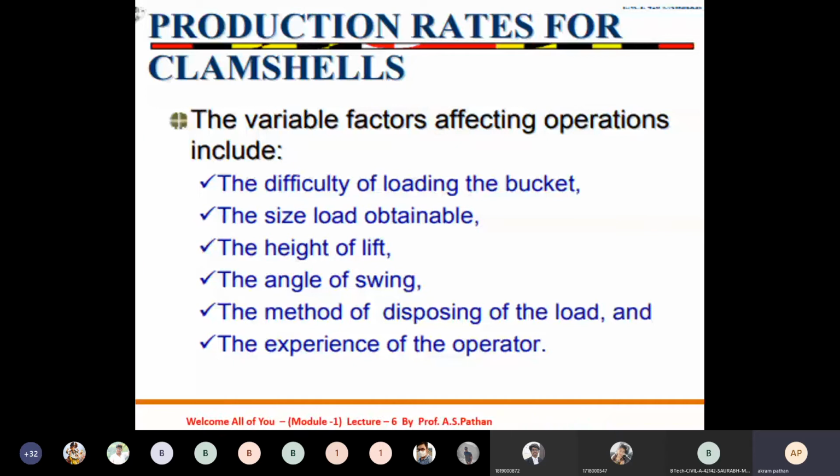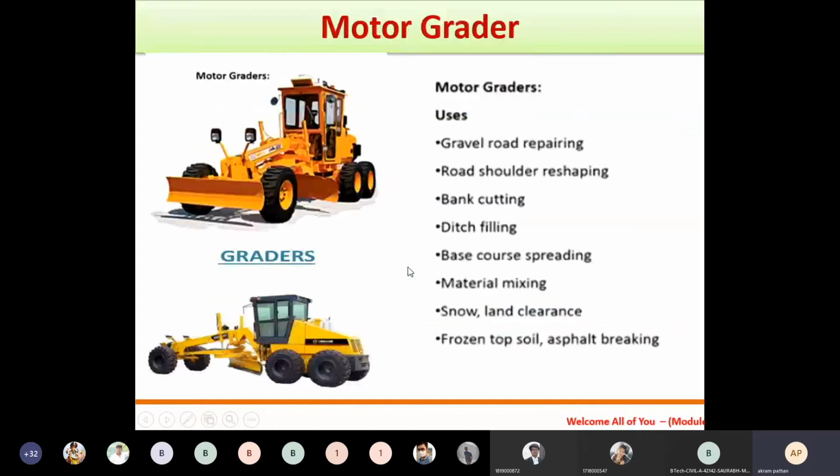How much is the capacity of that bucket, meter cube per hour, meter cube per day, that again depends upon the size load obtainable. Then the height of lift also, from the construction area from where we can lift the material up to the vertical lift. So that height is one of the important factors which affect the production rate. So these are the 6 factors which affect the production rate of the clamshell.